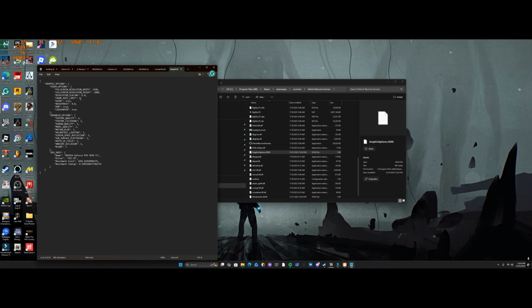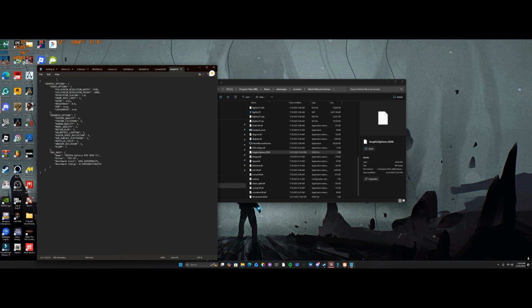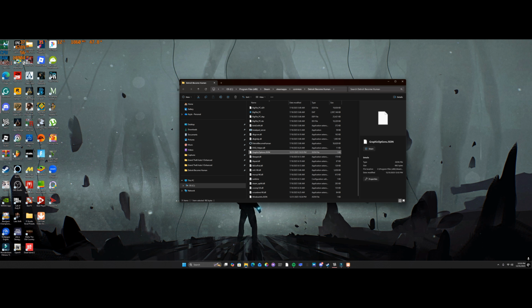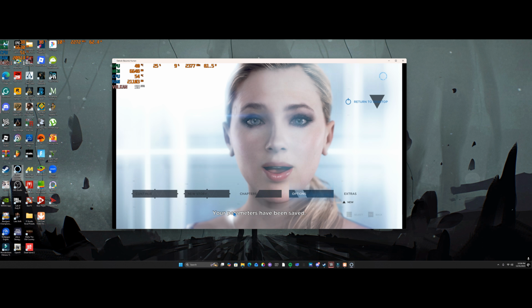So what we're going to do is revert back to 1, which is the default settings. We're going to do that just to show you guys an example of what the frames per second looks like and what it's capped to when you are not changing the settings within the graphics option. So we're going to save that, close this out, and then head back into Detroit Become Human this time. Okay, and as you guys can